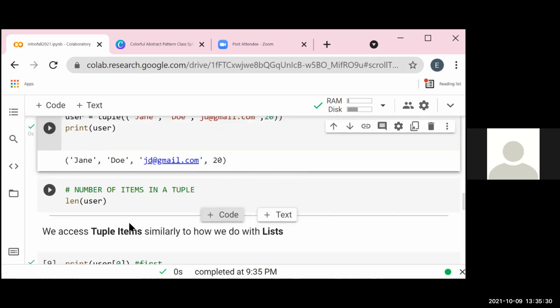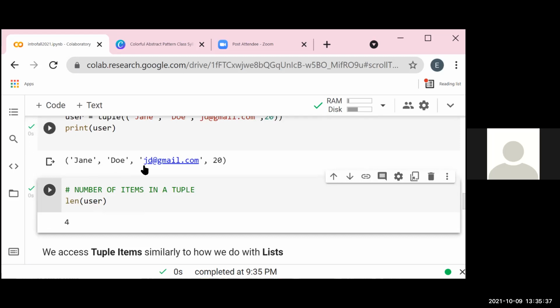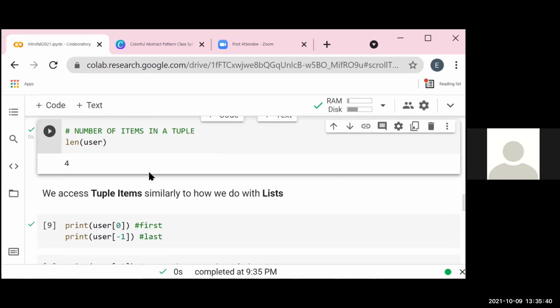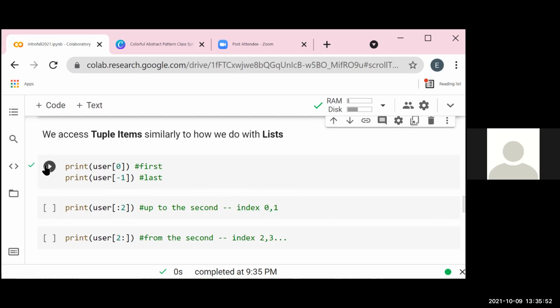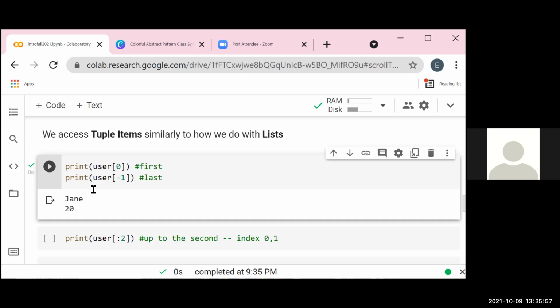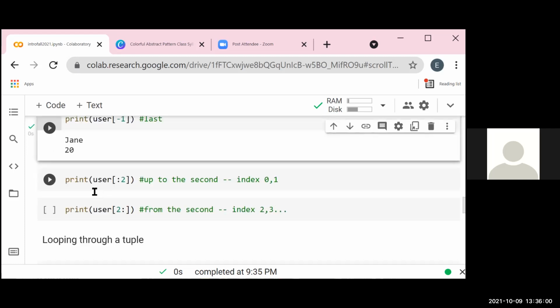And then the same way you can check the length of a list, you can check the length of a tuple. So we have 4 items, as you can see in the tuple, that's the length. And the same ways we access items in a list, we do for a tuple. So we can print our first and last items. Jane is the first item, 20 is the last item. We can as well print ranges of items.